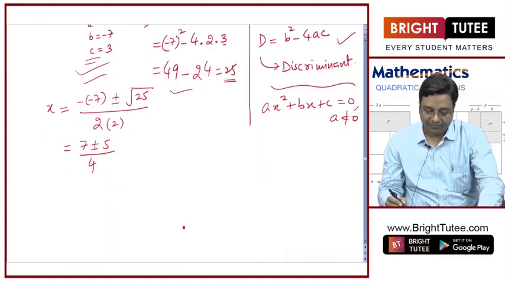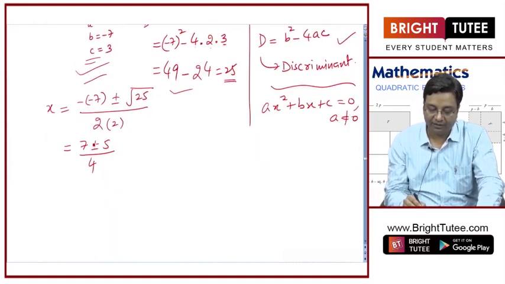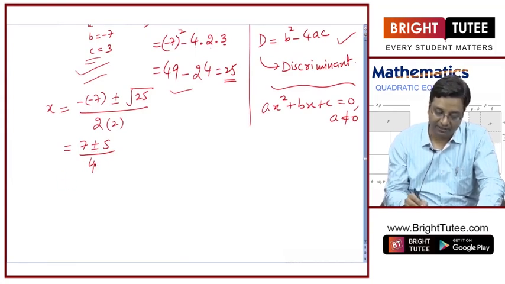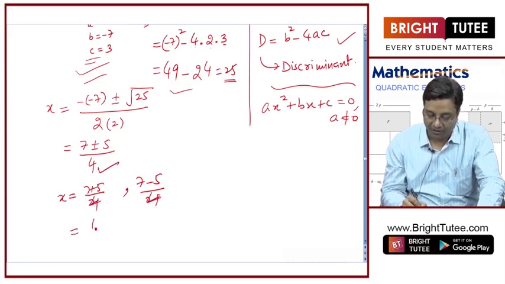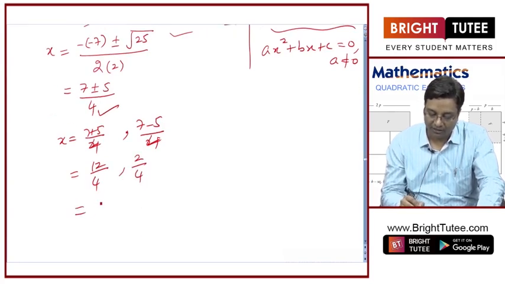So now I have to take into consideration the plus sign once and then the negative sign. When I consider the plus sign, it will give me x equal to 7 plus 5 by 4. When I consider the negative sign, it will give me 7 minus 5 by 4. This is 4 here. So it will give me 12 by 4 or 2 by 4. So the roots are 3,